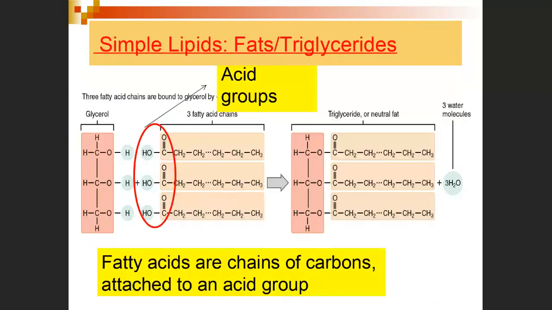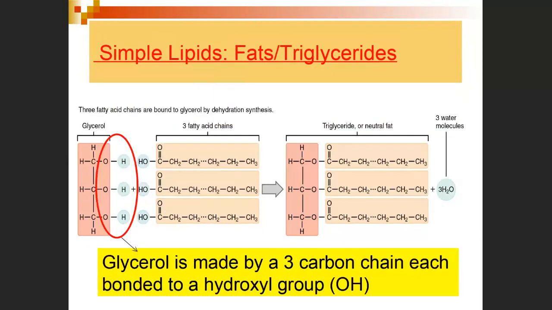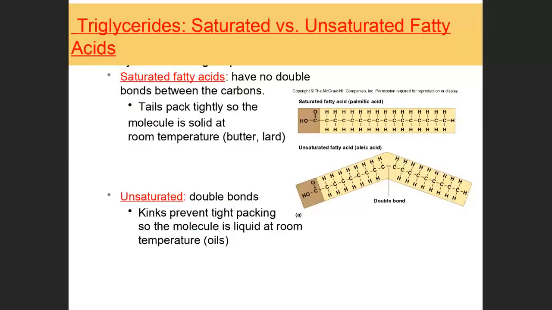And the fatty acids, which are chains of carbons and hydrogens, can be saturated or unsaturated. And this is an important concept. Yes, you could say this is important nutrition: unsaturated fatty acids are the ones that make oils. Saturated fatty acids make things like solid fats, like butter or lard. However, this is microbiology, okay?